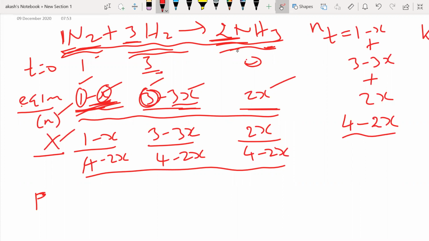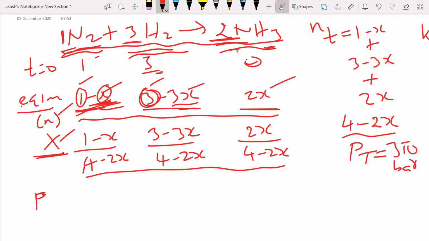So that P, the total pressure, let me keep it as PT for now, but we know the value. PT is basically going to be 350 bar, right? So partial pressure of N2, how will I find? Now mole fraction I have. So we know the equation PA or PN2 will be equal to total pressure into the mole fraction of N2. PA is equal to P total into XA. Same way for N2, H2 and NH3.